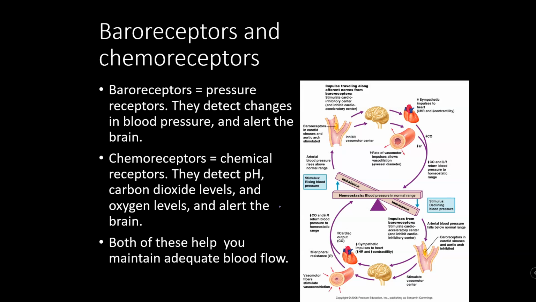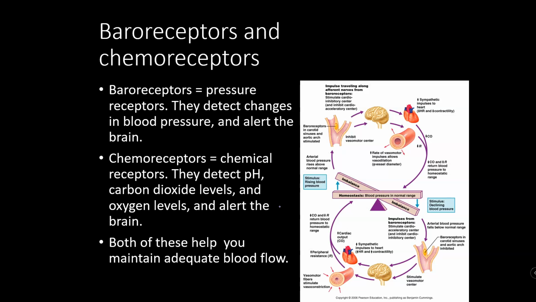And the brain can do things to adjust that, like lower heart rate or make you pee more so that your blood volume will drop. It can do a whole number of different things to try to lower your blood pressure. If they stop stretching so much, they can say, hey, blood pressure is getting a little lower right now. How about we try to solve that problem? So the baroreceptors are how your brain knows what your blood pressure is at any given point.